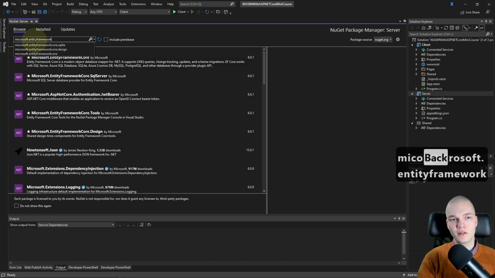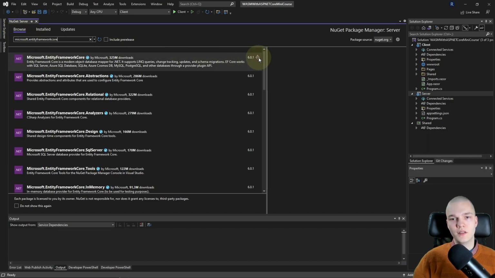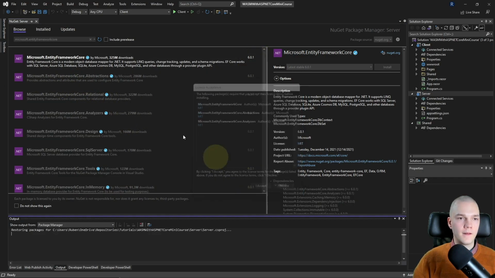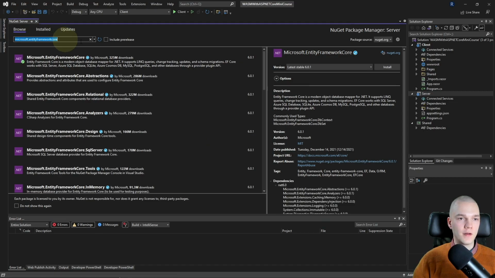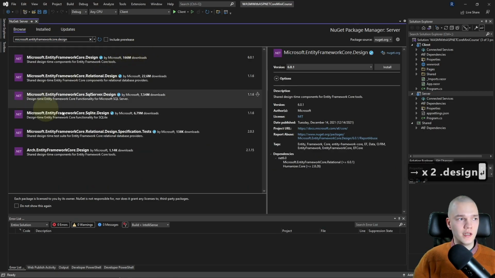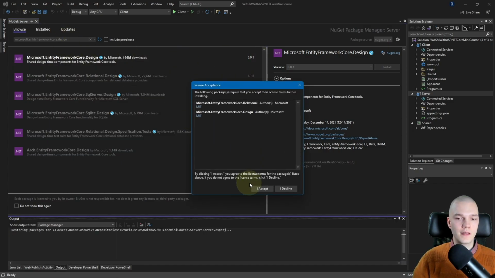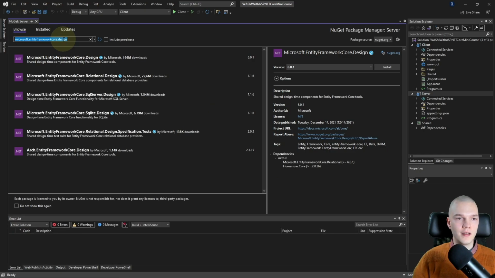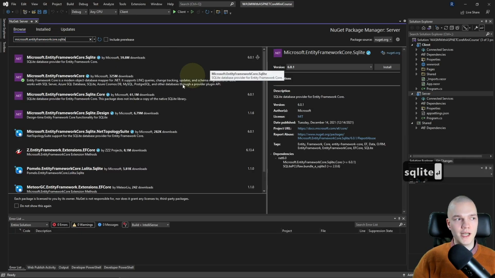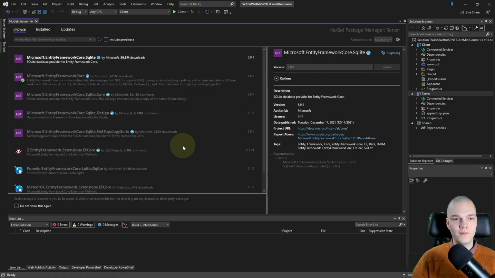Microsoft.EntityFrameworkCore. And I'm gonna install the latest version. Alright, then I'll add .Design to this query and install the latest version of that. And then I'll just replace this .Design with .Sqlite and install the latest version of that.